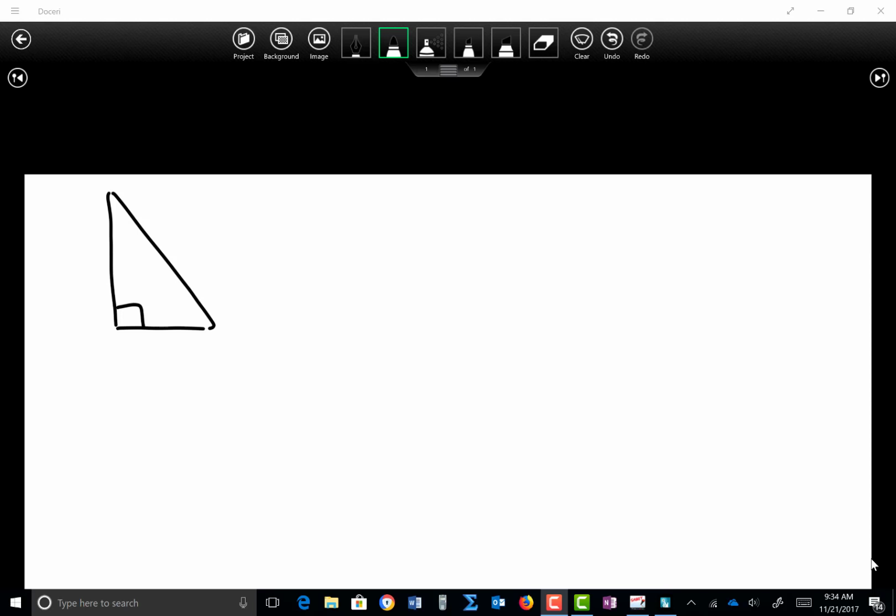In this video, we will look at the 6 trig functions. When we look at a right triangle, and remember that a right triangle has a right angle in it, and a right angle is 90 degrees, we have different pieces of this triangle. A right triangle has a side across from the right angle, which is called the hypotenuse.